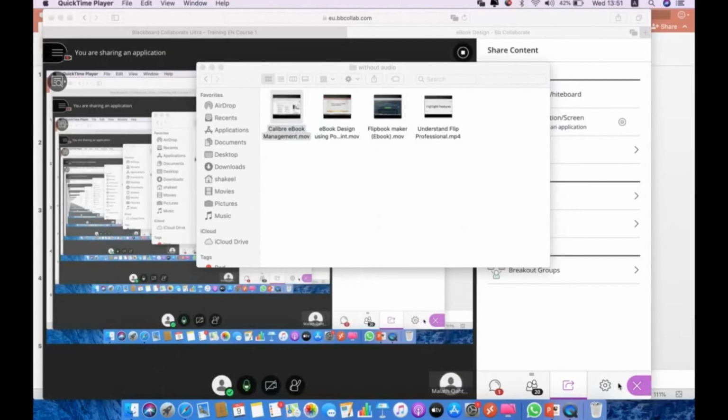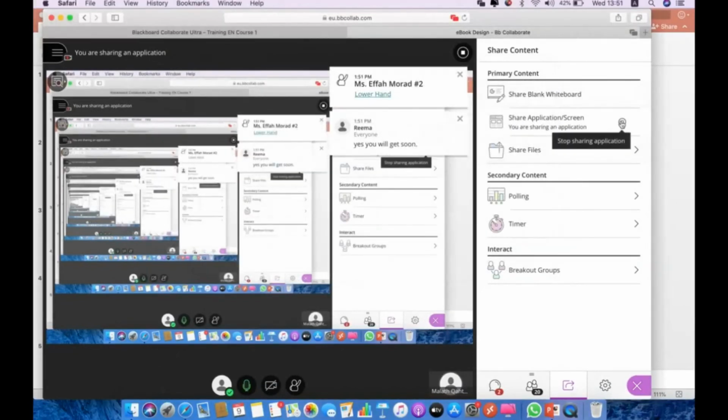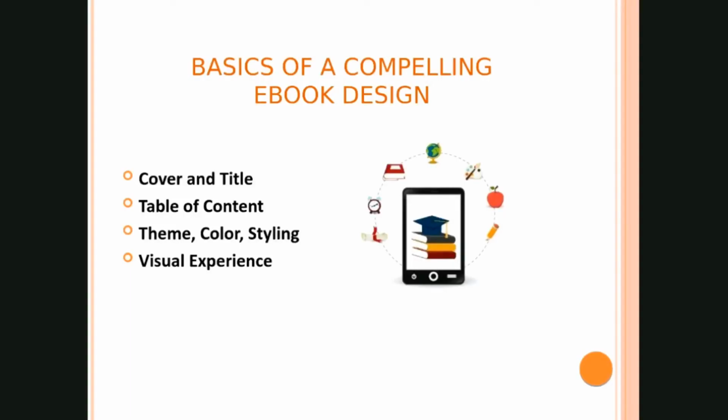So that's what we have learned: how to create a book, how to create an interactive book, how we can design it, and how we can make it available offline, and how we can use it for any kind of publishing and designing. We went through the 4 steps which I told you: cover and title is very important, the second most important thing for an ebook is the table of contents, the third one is theme, color, and styling, and the last one that is very important is visual experience, how you can add visual and